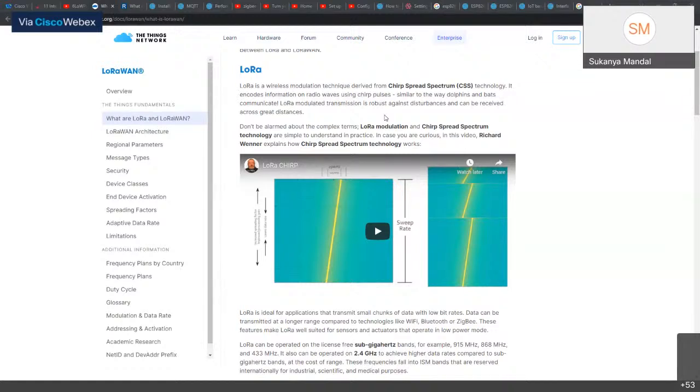So again, putting it in one line, it depends on the use case, and also the surrounding environment where you want to implement the sensor network. If it's a smart city area, then it's not much of a problem, right? But like in an urban area. But again, if it's a remote area, then you would need to consider other application protocols. Does that answer your question? Yes, yes, yes.